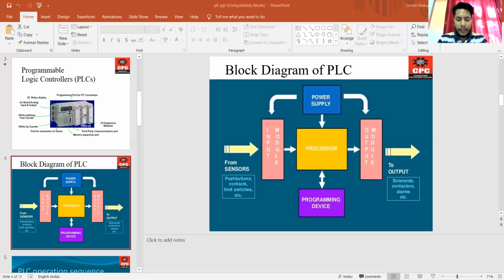Whichever program we have given to the PLC from a programming device, this memory section stores the data and information in the memory section.